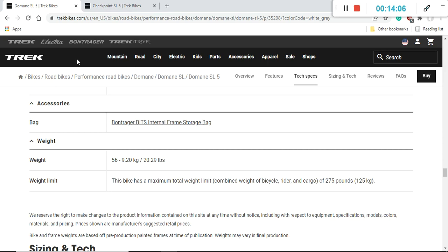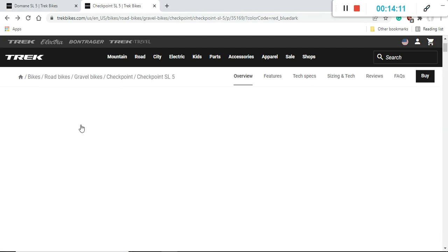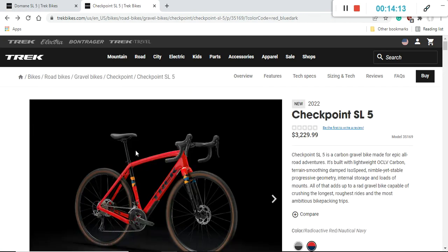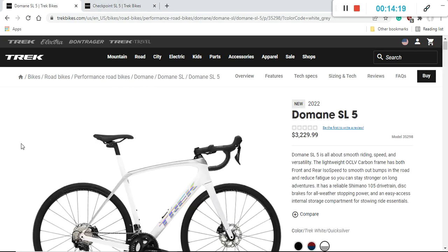But again, keep in mind that Checkpoint was designed originally as a proper gravel bike, so it has to be a bit more robust and a bit heavier just because of all the components that it's using. So now, in a summary, what would be my advice to you? Which one of these bikes should you choose, since the retail price is totally the same, $3,230 US. So personally, I would still go with the Trek Domane SL5, and the main reasons being that you will get